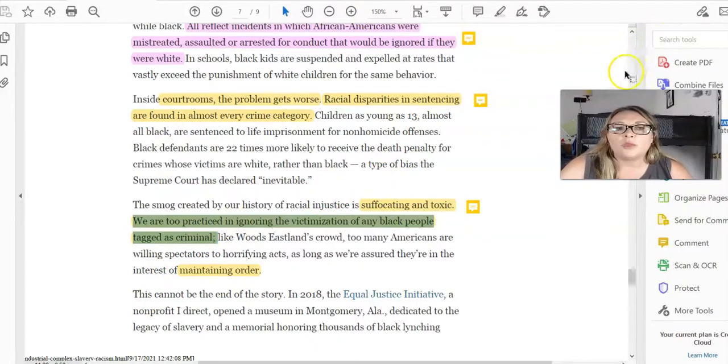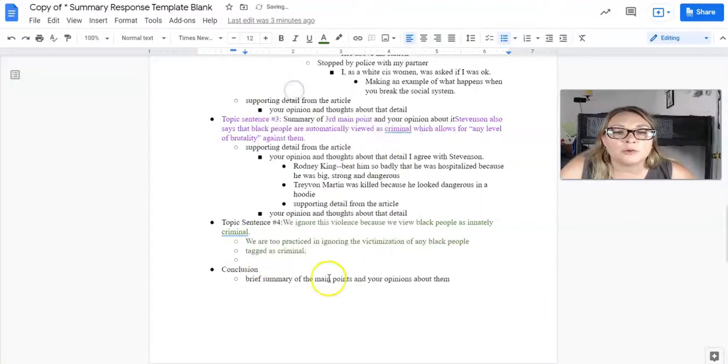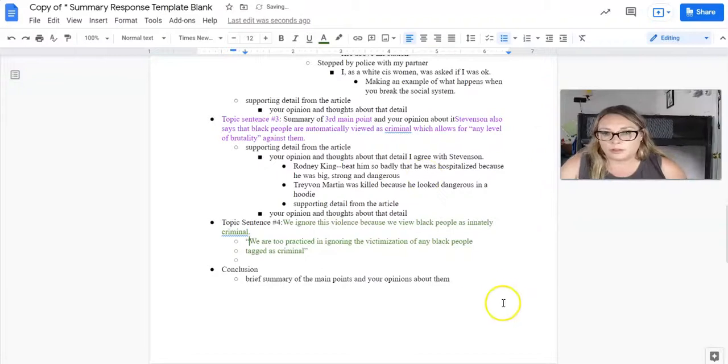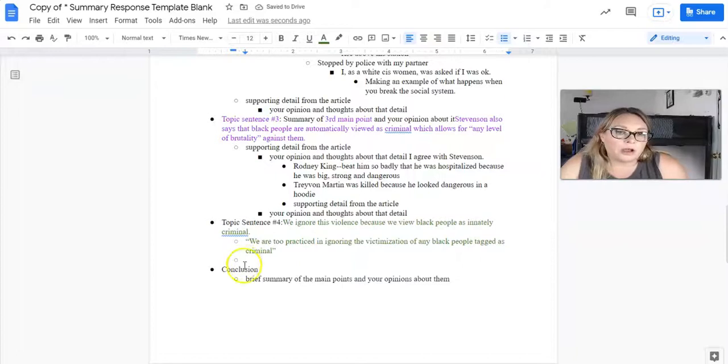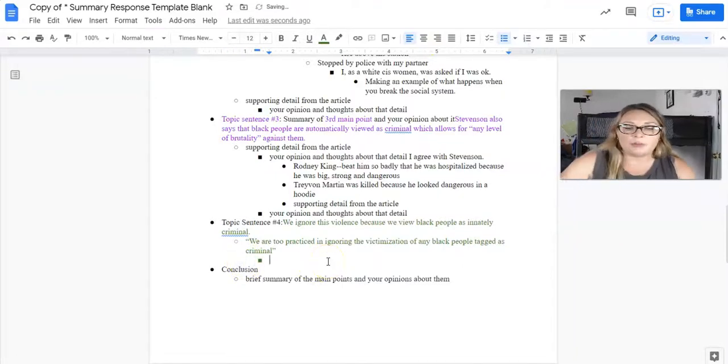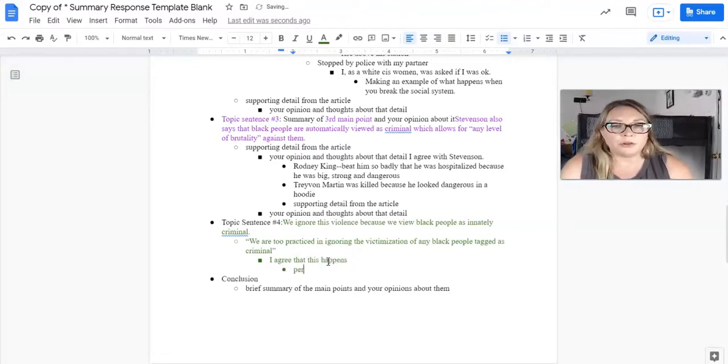I copied it. "We are too practiced in ignoring the victimization of any Black people tagged as criminal." So I would actually stick that in there. And I would put that quote because I think that that's a really good quote. And then I would always make sure to put that in quotation marks so that I remember that that is a quote. Like this criminal, and then I would obviously comment that I agree that this happens, and again, I would put like my personal experience,